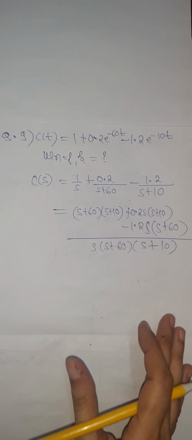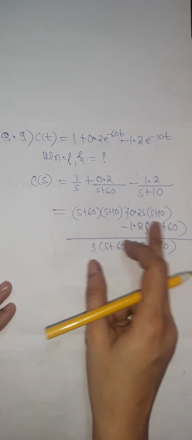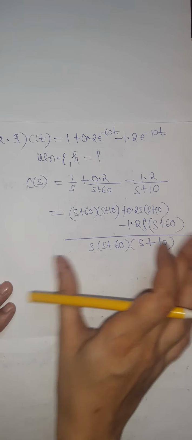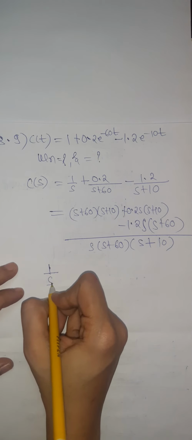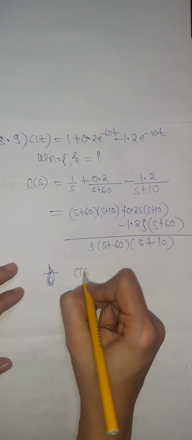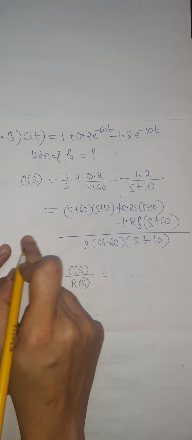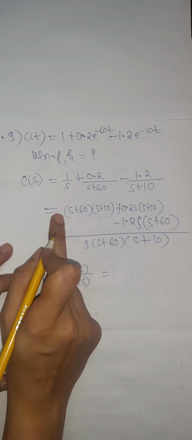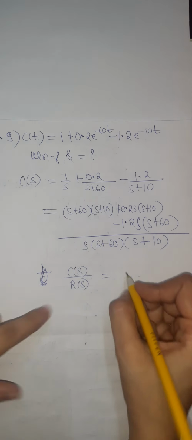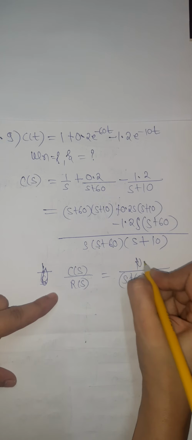So basically our characteristic equation is just in the denominator, so I am not solving this numerator because it is very time consuming, and it is mentioned that it is for unit step input. So for unit step the input is 1 upon s. So generalizing, C of s upon R of s will be, this s will get cancelled out because for unit step input 1 by s will come in the numerator. So the numerator and denominator will get cancelled and we will be left with s plus 60 into s plus 10 as the denominator.